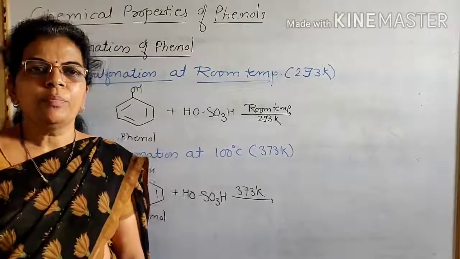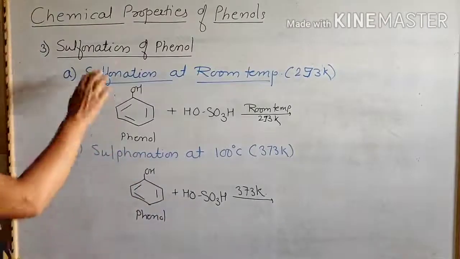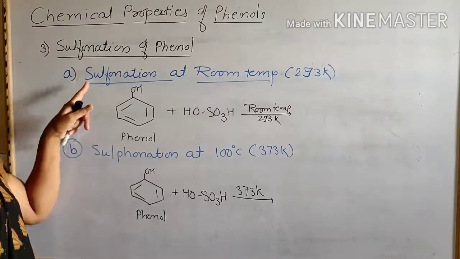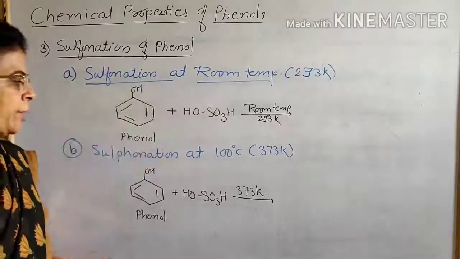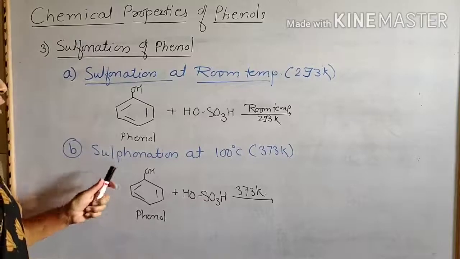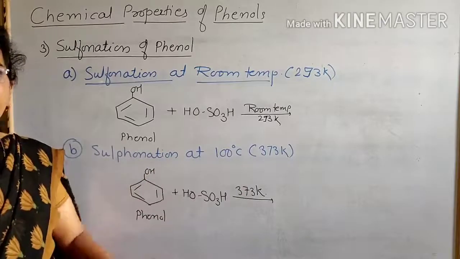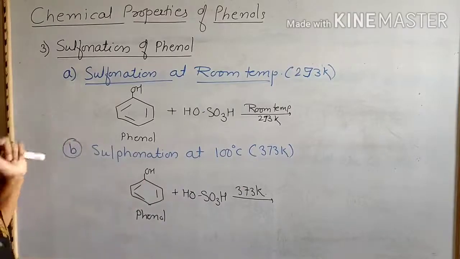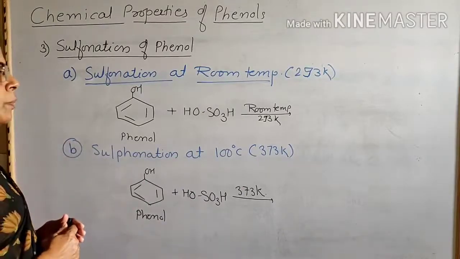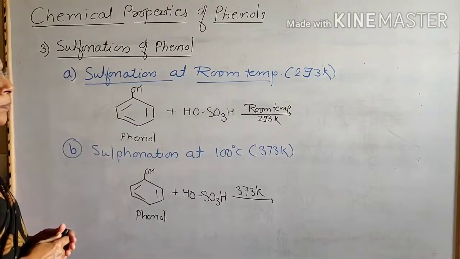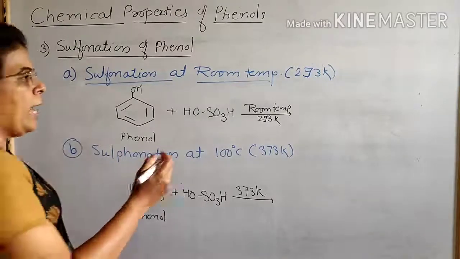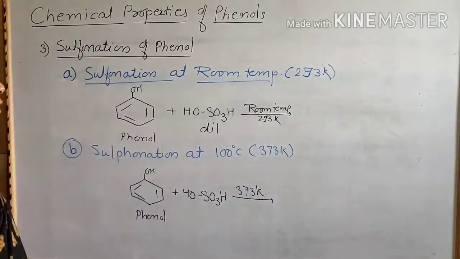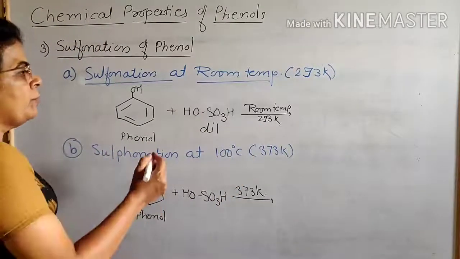Third reaction of phenol is sulfonation of phenol. First we are going to see sulfonation of phenol at room temperature and second is sulfonation of phenol at 373 Kelvin temperature, that is at 100 degrees Celsius temperature. Now when phenol is treated with dilute sulfuric acid at room temperature, that is at 293 Kelvin temperature, then here we get